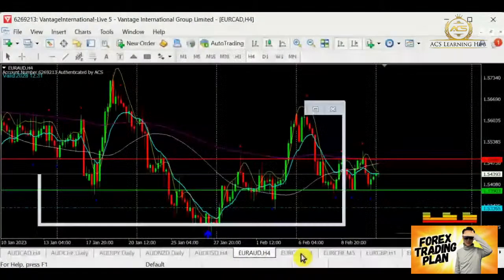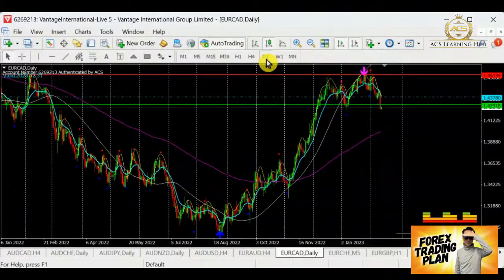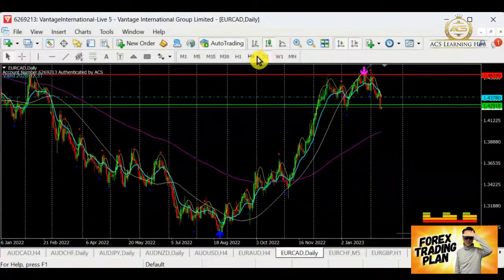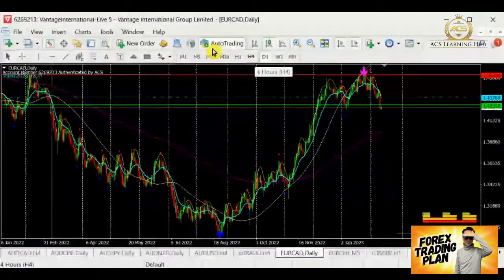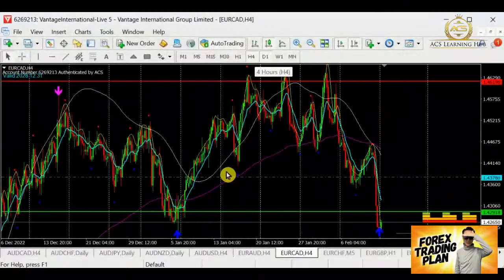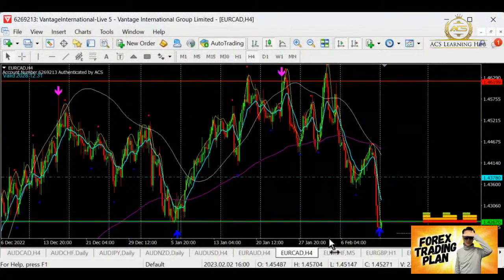All right, for Euro CAD over here, what we are going to look at is that the Euro CAD has been going as a bull, now transiting down into the bear. I would say that the Euro CAD is looking out for selling. They have now tested into this area of support. It breaks through, whether it's a fake out.